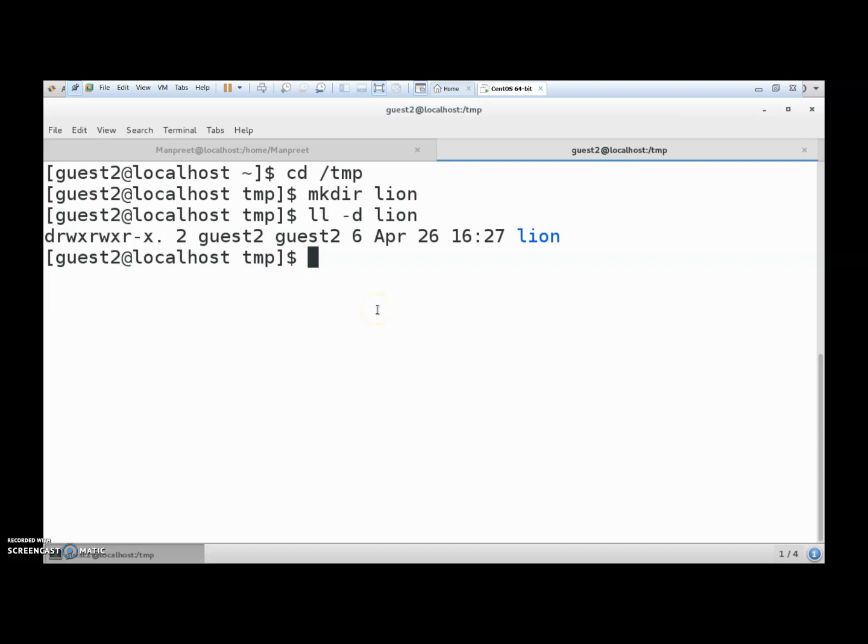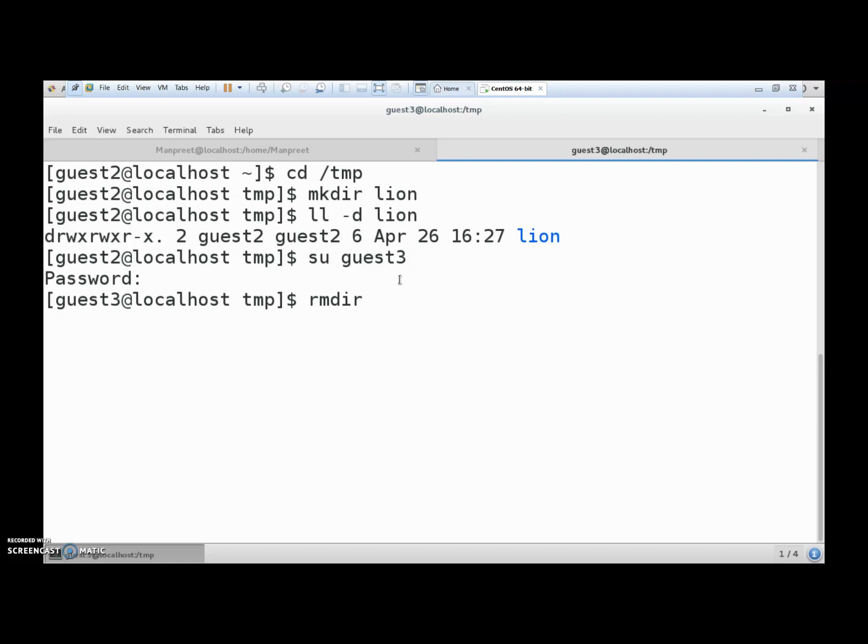So let me switch to another user which is again available in my system, that is guest3. Earlier I was working with guest2. Now I am switching to guest3. It is asking for the password, giving the valid password. So I am able to log in with the guest3 user now. Now I will try to remove this directory which was made by guest2. How am I going to delete this directory?